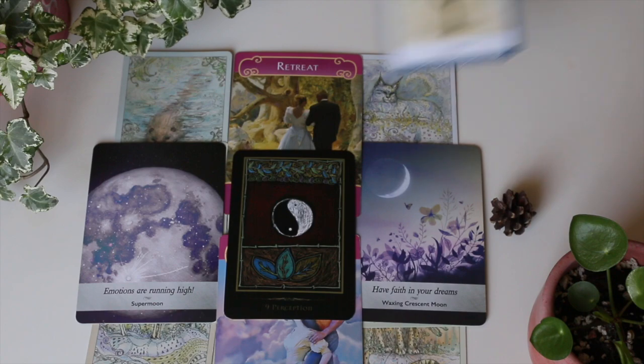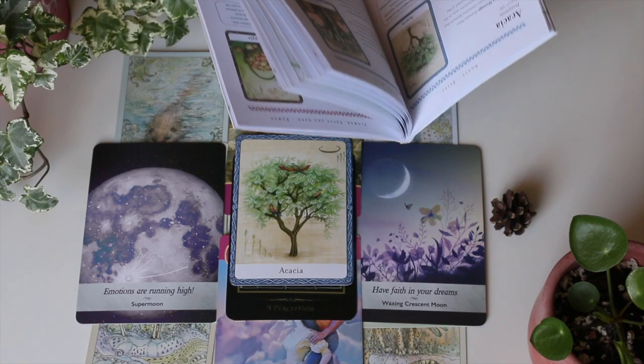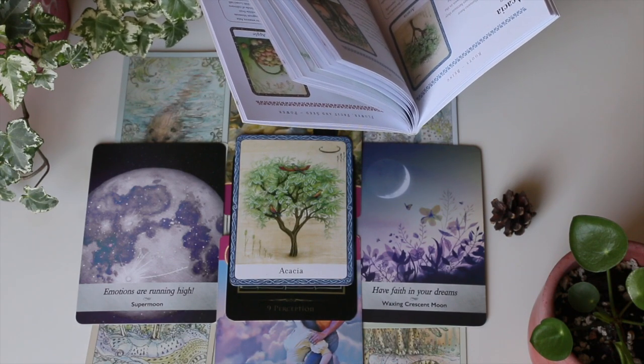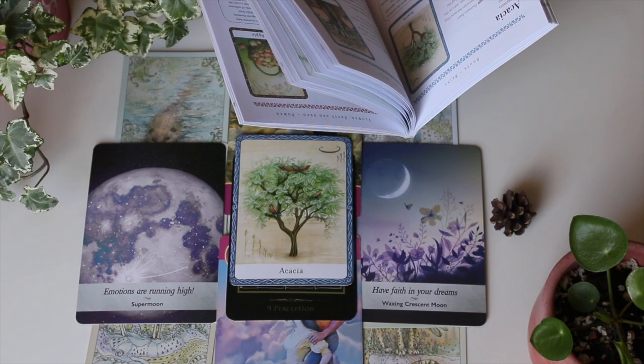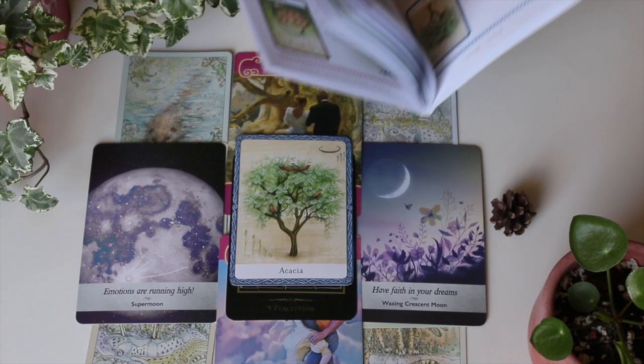Then I'm going to read this Acacia as well in the booklet, because those messages are just so beautiful. I would ruin them by just trying to remember them poorly. So the Acacia says, trust that you are being given the support and protection that you crave, even if you're not yet aware of this. Your sensitivity is heightened at the moment, giving you deep insight into the world and people around you. So yeah,